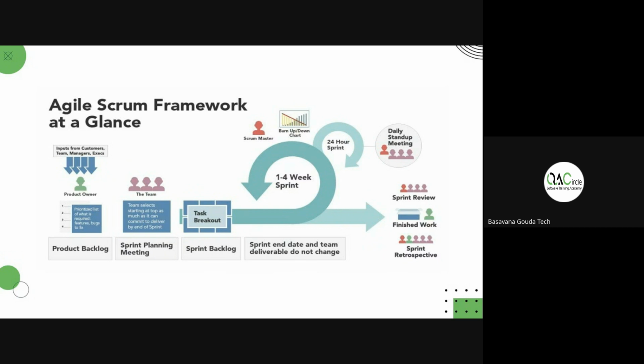So what do we do in this meeting? This meeting is conducted by the Scrum Master on the last day of a sprint. The business analyst, Scrum Master, developer, test engineer, and even the project manager will be part of